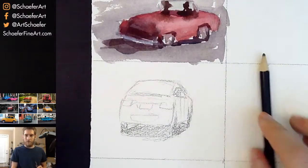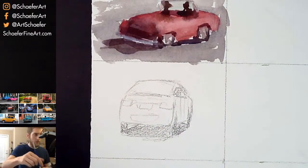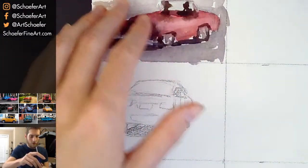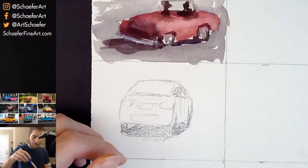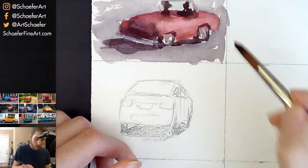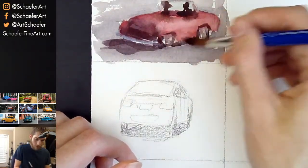Alright. Let's keep this loose. Let's keep this good. Yeah, cars are so hard. I think what I did wrong up here, I wish some of this was just bleeding. I think it just wanted to be more loose, and it just got too tight. You know, like